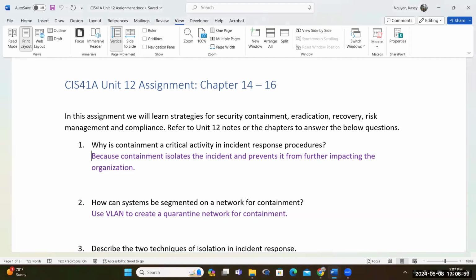We can also segment network systems, and we touched a little bit on this before when we were talking about monitoring, how we can isolate some of the network areas by creating a virtual local area network, or VLAN. That way we can contain it in that part of the network. We can quarantine that network through containment. Now, there are ways to get from a VLAN into other areas, but if you have the proper security measures, in order to get into another part of the network, it needs to be routed because it is treated like a separate network.